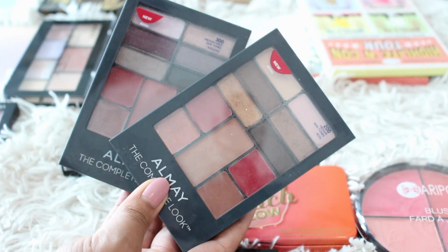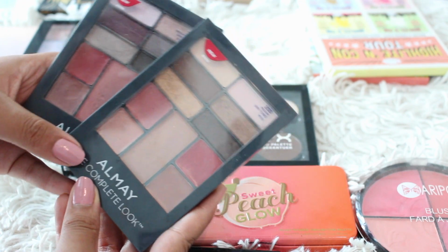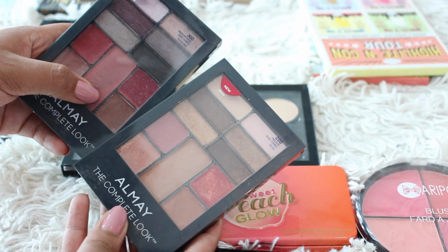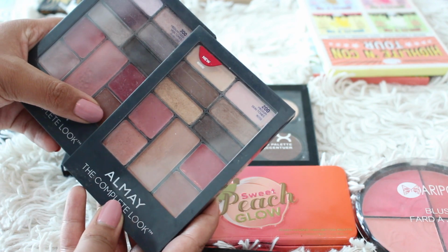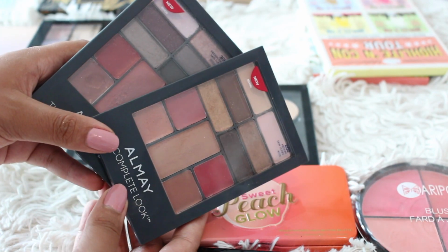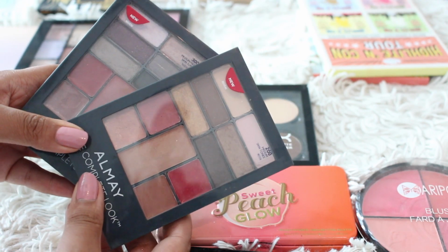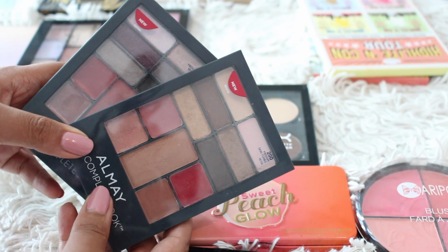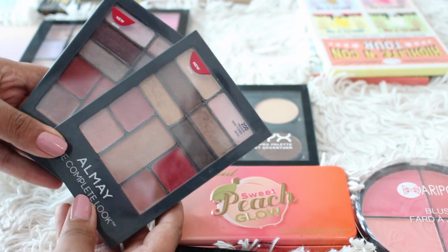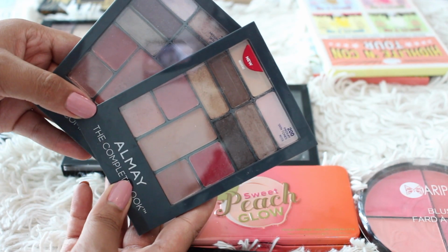Two more items to go are from Almay. These are their complete looks. I tried to make these work. I did not like them. I didn't think the quality was good. This has like hard pan, I don't know if you can see, and I barely used it. It has lip products in there, which annoys me, and I just thought that these were really not good, and you can definitely get a better look from, you know, Wet n Wild or NYX or e.l.f. or ColourPop for the price of, like, this would probably cost near $20 in Canada,